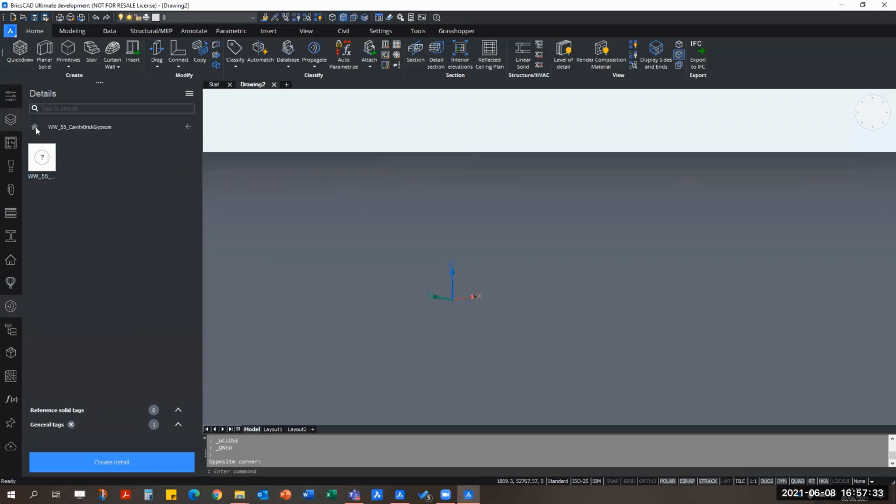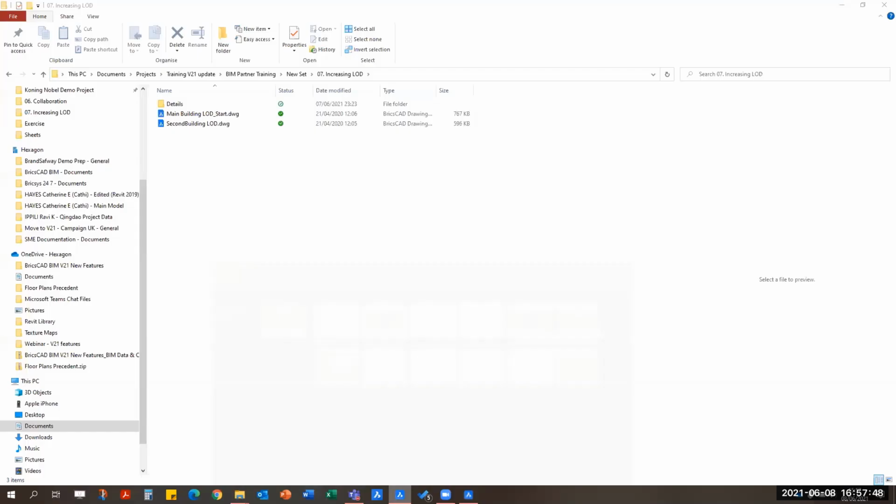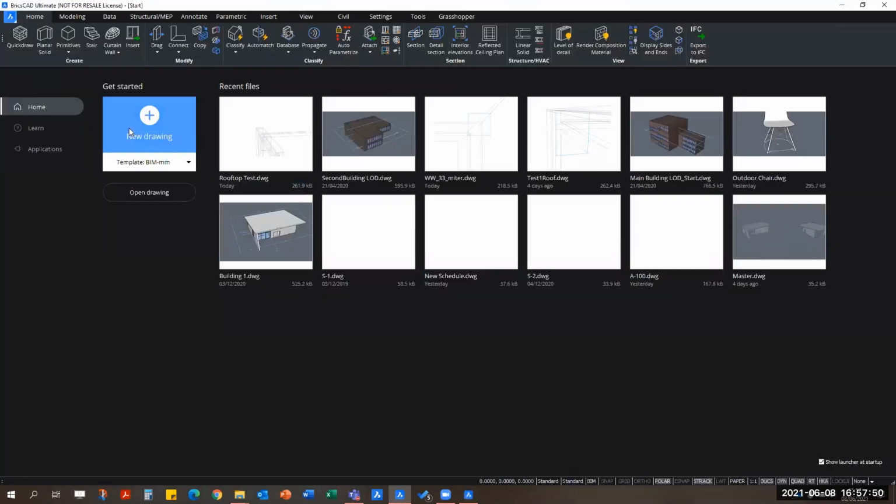There we go. That's the thing. I think I used the wrong one actually, sorry. I used the wrong BricsCAD. So BricsCAD BIM,